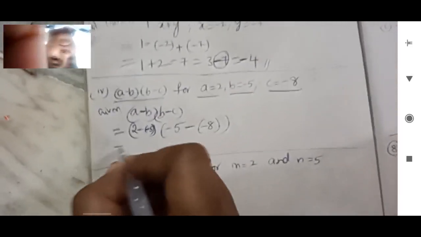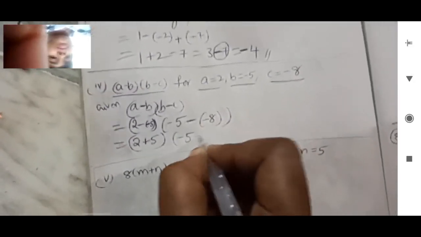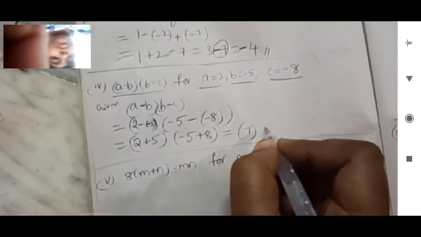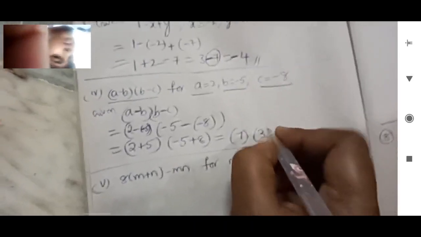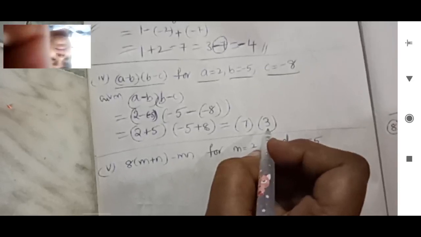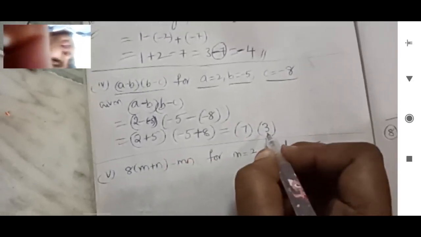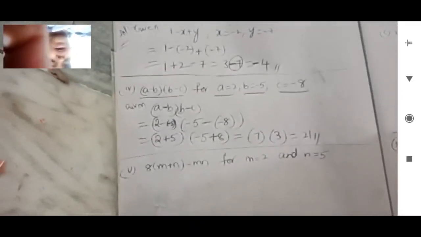So 2 minus into minus plus 5, into -5 minus into minus plus 8, is equals to 2 plus 5, 7, into -5 plus 8. Here plus vastundi, nana. Larger number will have positive symbol. So here answer will have positive symbol. Larger number is positive, so answer also will have positive. 7 3s are 21 is the answer. So in that manner, be careful and do the problems very easy.